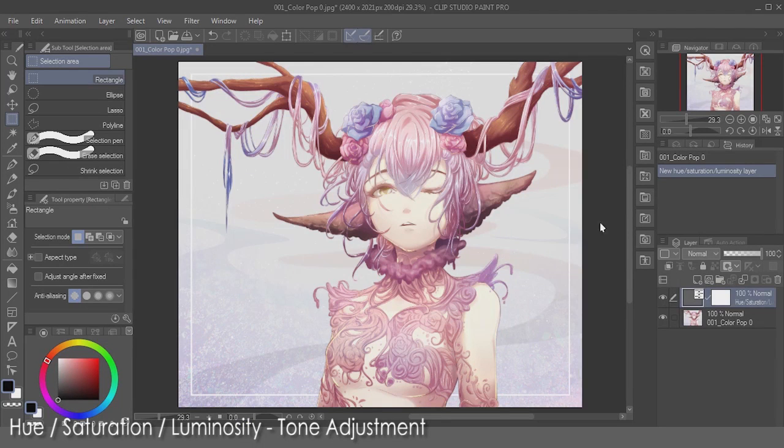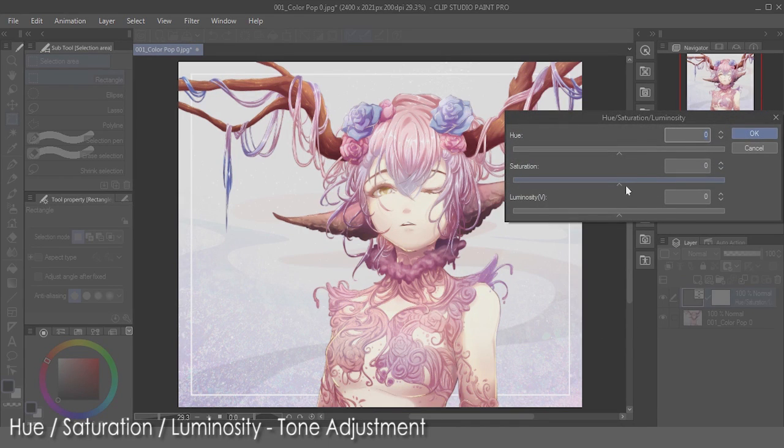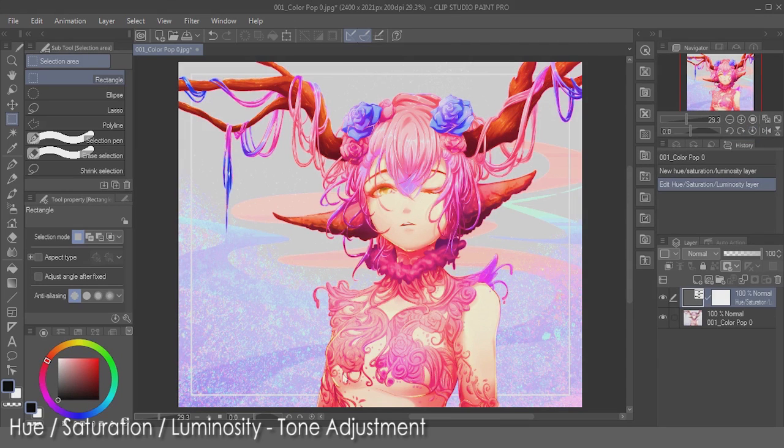For this example, I want this image to pop. I want the saturation to be out there. So of course, the basic thing to do is just to increase the saturation. But you can see here, as I increase the saturation, the background is also eating up the adjustment, and I don't want that. Some would just want to use a mask to fix the issue, but for simple things, I just want